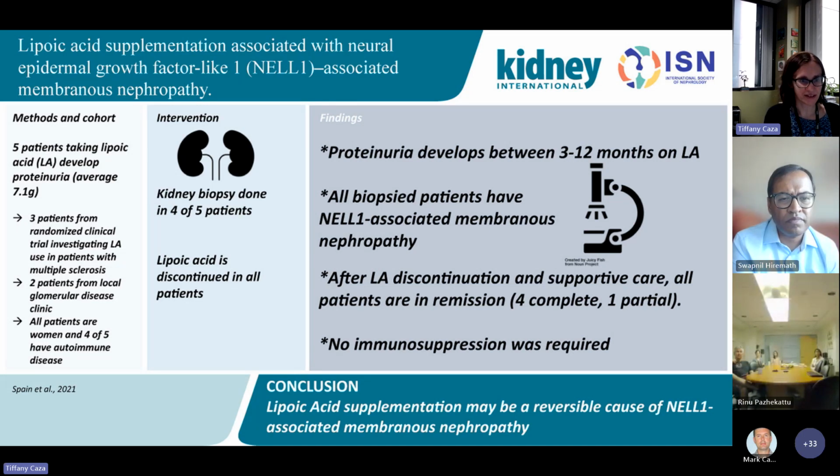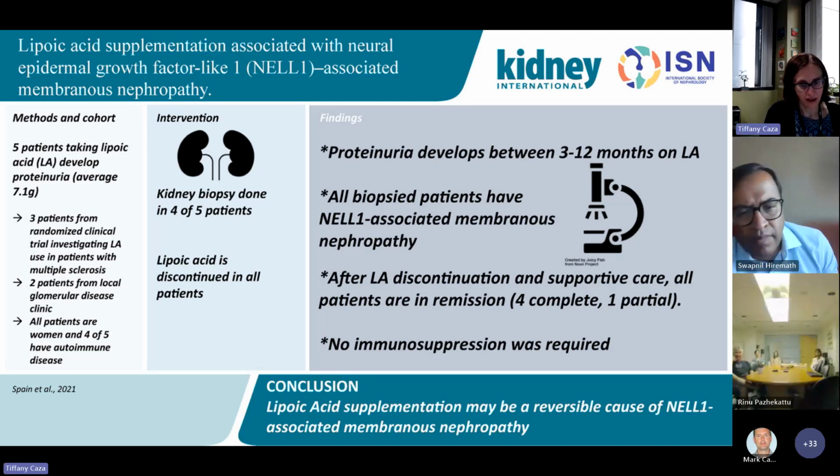So there's this interesting study where, in 2 different clinical trials of patients with multiple sclerosis that were taking lipoic acid for neuropathy, patients had developed proteinuria and were biopsied and found to have NELL1 membranous. And having patients with that same disease etiology within a clinical trial, a very rare cause to have proteinuria within the same trial, raises suspicion. So lipoic acid was discontinued within those patients, and they responded without requiring immunosuppression,